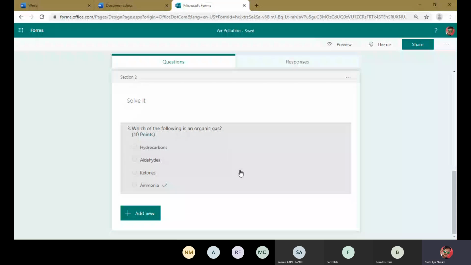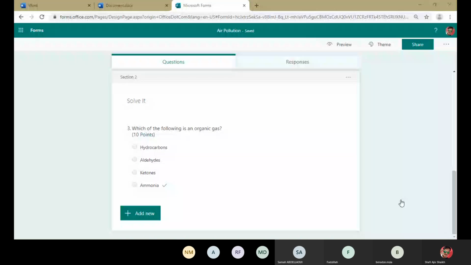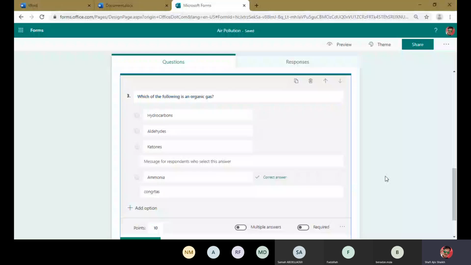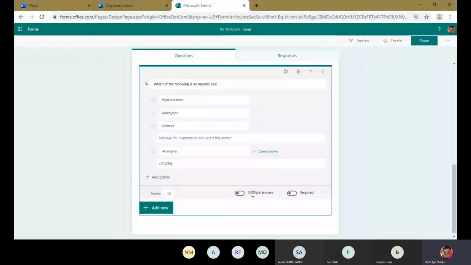Once again, I want to check. I choose this question. I have added a point and selected multiple answer. I have turned this button off, and this is the required button.